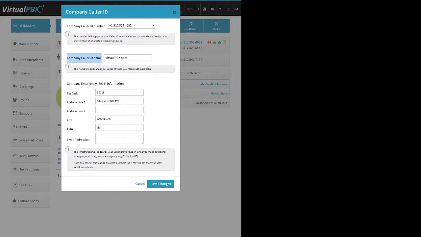And then the last option, which is typically what your cell phone carriers do, is they see that information, they only pass through the phone number. The CNAME information does not reach the end. Unfortunately, we can't control what other carriers are going to put within the CNAME, right? We can only send out that information that we have associated with it. Like for the cell phone carriers, for example, most of them want to charge their subscribers an additional monthly fee in order to have that CNAME information show up on the cell phones. So when you test this, you probably do not want to test to a cell